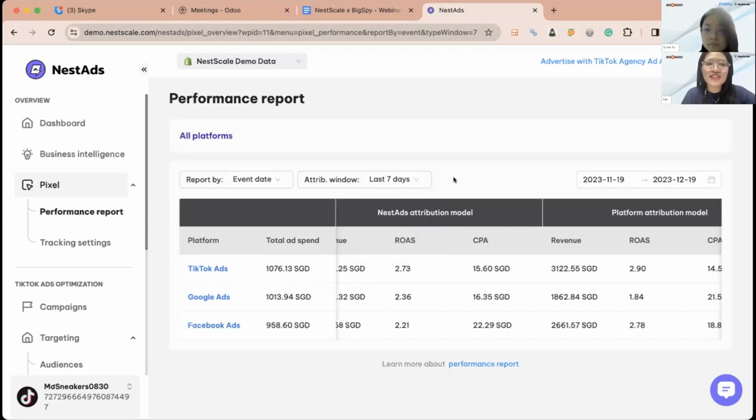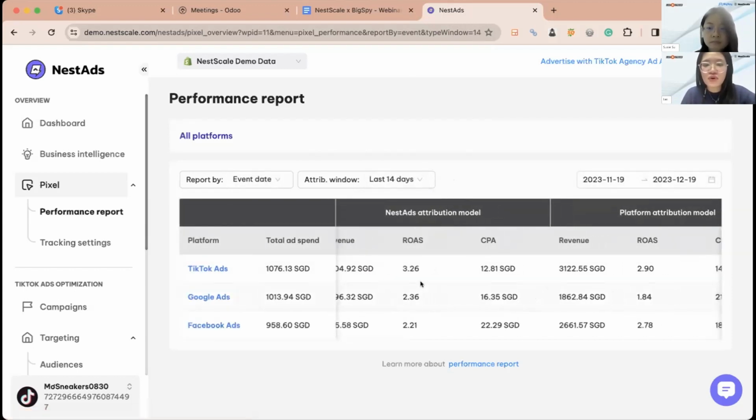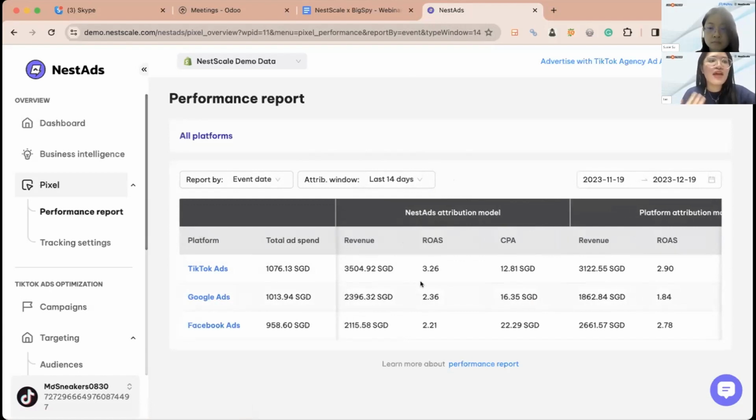And why do we need a flexible attribution window? What for? Let's take a look at the example. Notice how we're setting it as last 7 days, pay closer attention to the revenue and all these metrics. And then when I switch it to last 14 days, you can see that the revenue and all the other metrics actually go up. This means that the customer journey is longer than 7 days. And then with this data, you can take other consequent actions such as extending the duration of your retargeting ad campaigns or email marketing campaign to 14 or 30 days longer than usual.